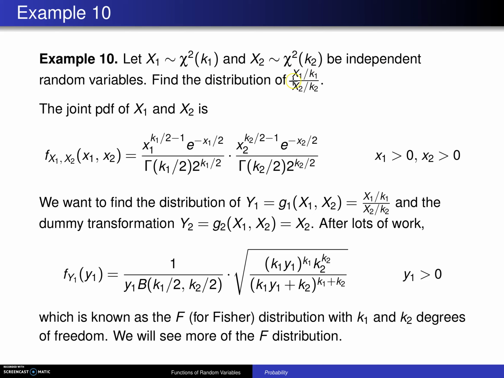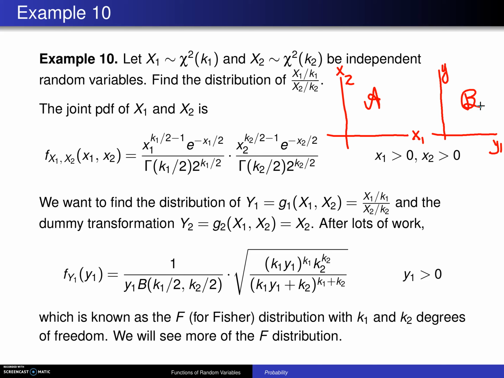Find the distribution of the ratio of x1 to its degrees of freedom divided by x2 to its degrees of freedom. Once again, if you draw the pictures in this case, x1 and x2, since they are both chi-squared random variables, here's x1 and x2, script A will be the first quadrant. Now, in this case, we are interested in y1, which is the ratio of interest right here. If we let y2 be just x2, then script B in this case, here is y1 and y2, will also